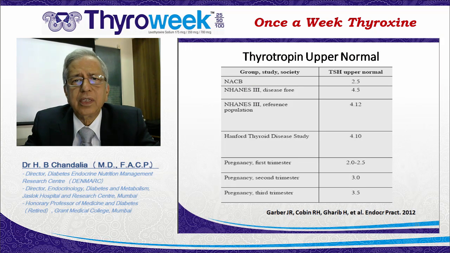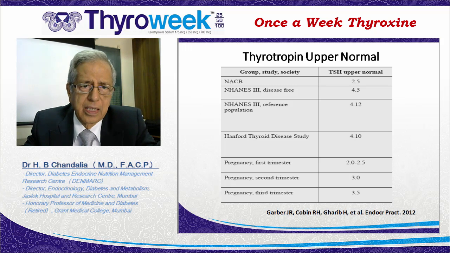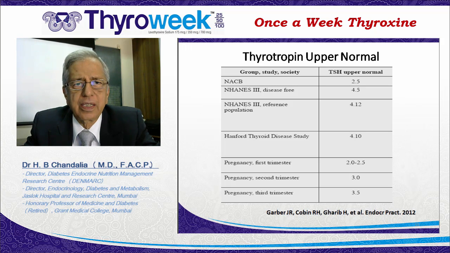Now, what is the normal level of thyrotropin has been a highly debated issue. There have been huge studies, which are shown on this slide, where the upper level of TSH has been defined. Although most hormone assays tell you, and this is what was shown in this Hayes study, that the upper limit of TSH is like 4.1 microunits per ml, there are many other studies which have shown that the upper limit of normal is really as low as 2.5 or 3 microunits per ml.